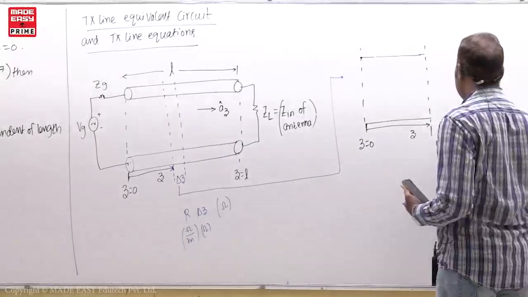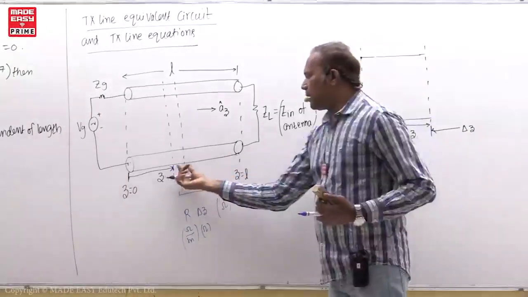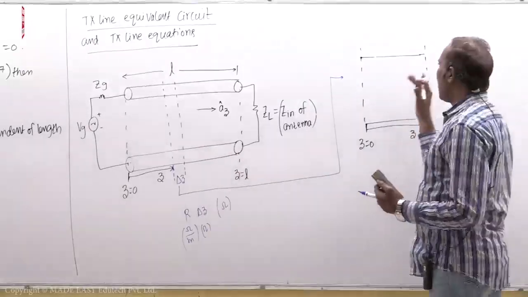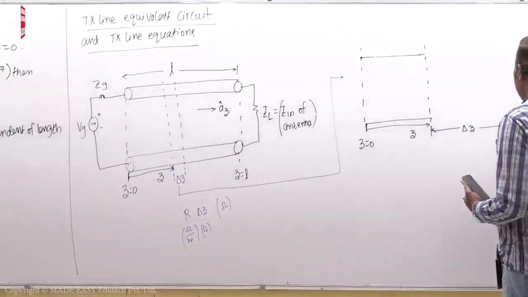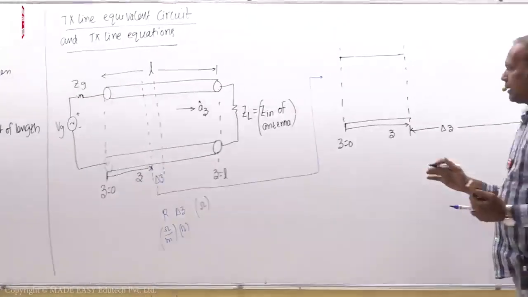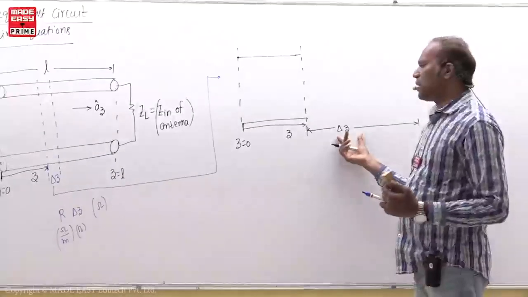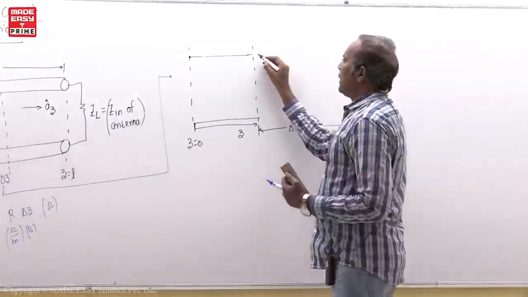For how much distance? For delta Z distance we are drawing. So I am enlarging this delta Z because we want to write something here. I have made it very large, but in reality delta Z is a very small value. So for delta Z